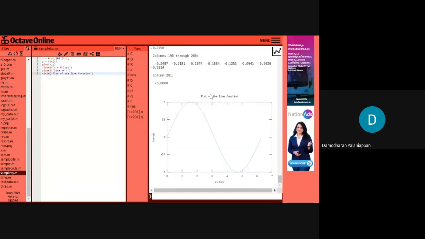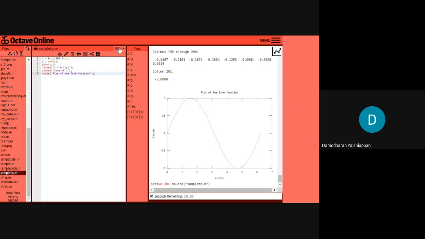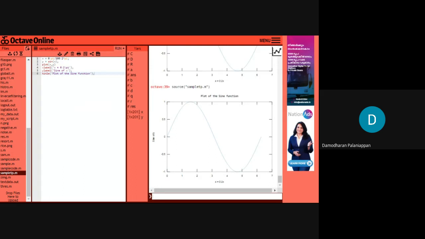Now I'm going to use a semicolon so that I get only the final result, not any intermediate result. Save it, run it. Now you can see that the file sampletp was running and its output was shown here.